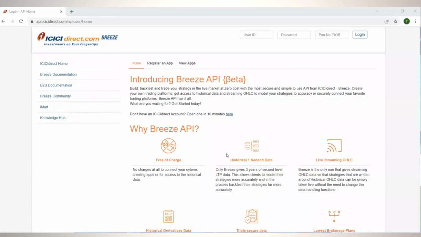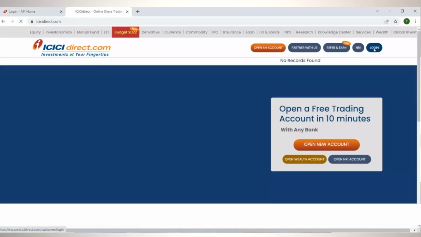So the starting point for Breeze is this homepage, this URL, https://api.icicidirect.com/apiuser/home. Here, you simply start by entering your ICICIdirect